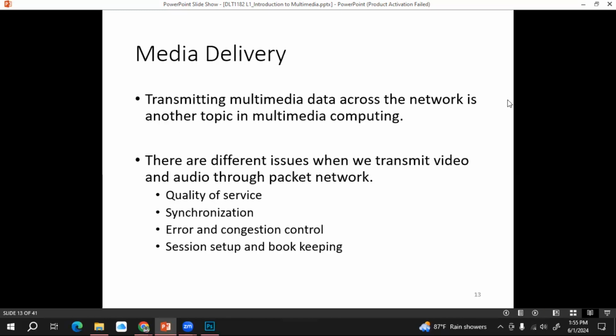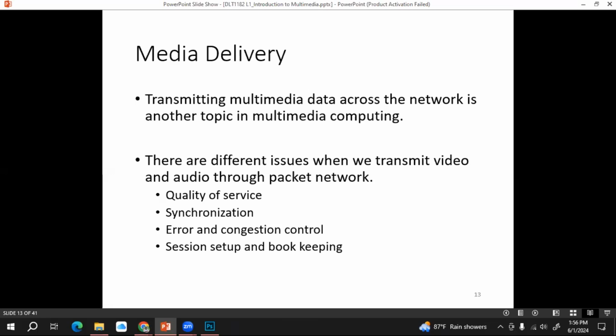Then media delivery. As I mentioned earlier, sometimes we have to transmit our multimedia data through a network, right? It faces some issues when you transmit multimedia through a network. First one is quality of service.